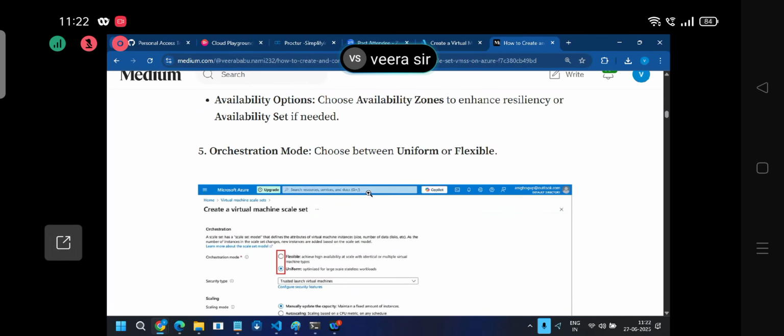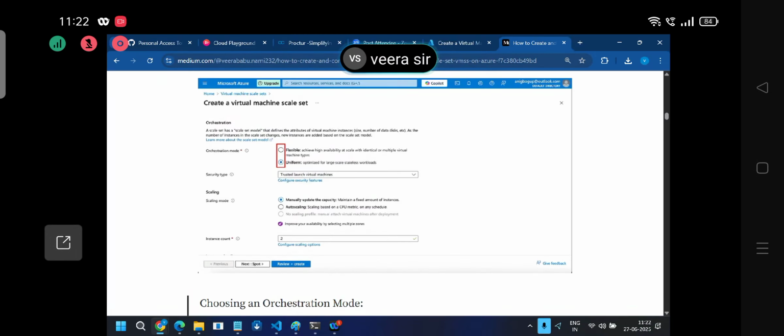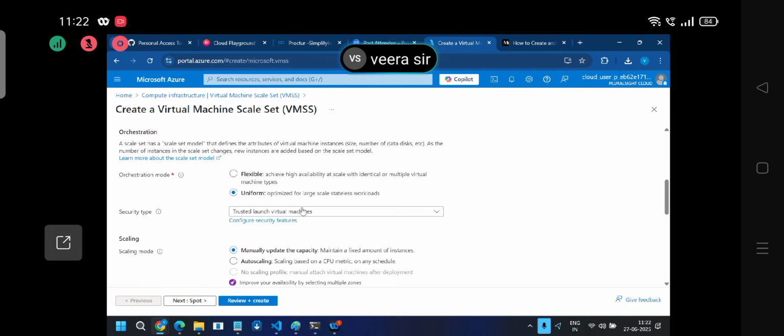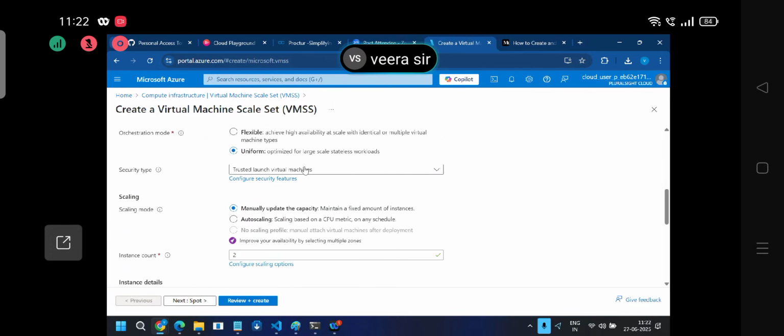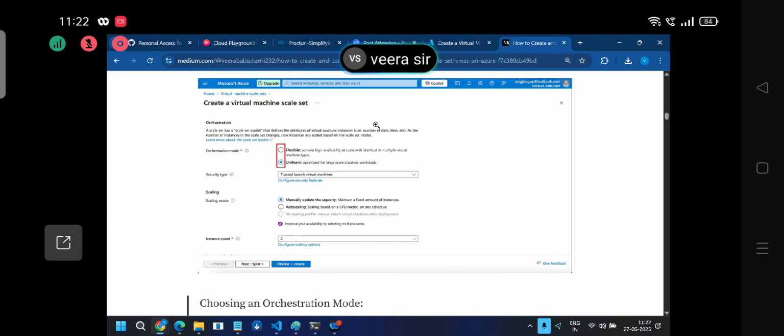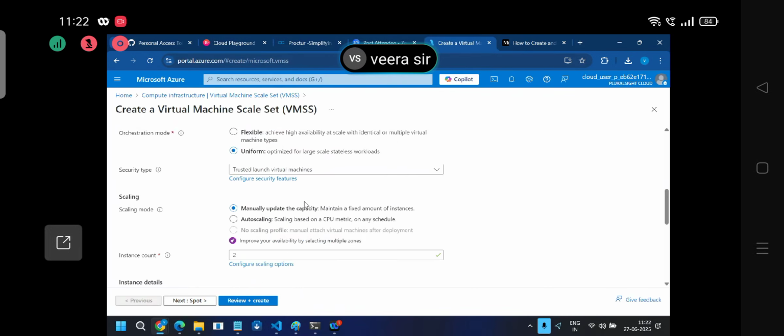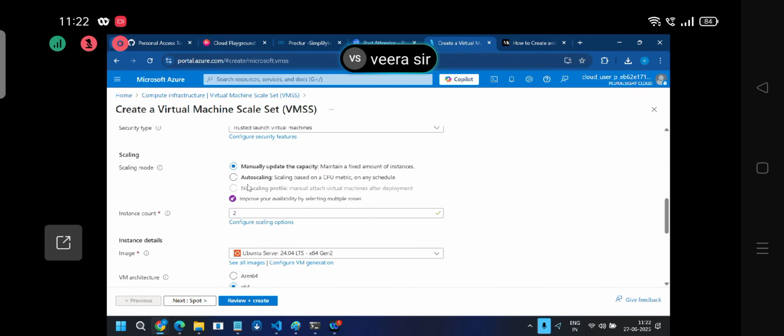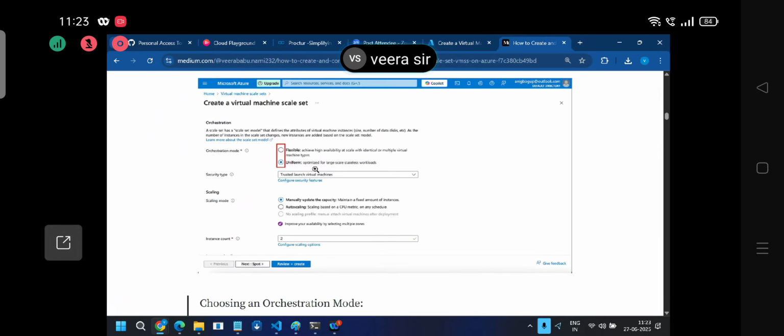Yeah. So let's select a uniform. Okay, security type is what you can keep as is. You can keep security type as is, you know, to change in scaling mode. I think free it is not enabled, right? Auto scaling, that's the problem as Shruti is highlighting here. So you can select